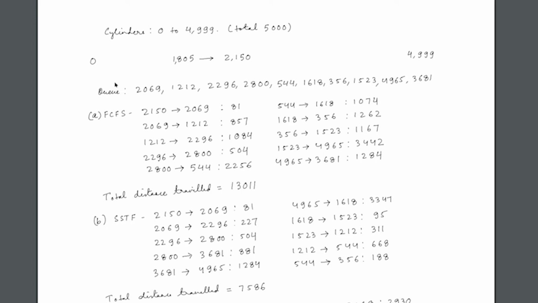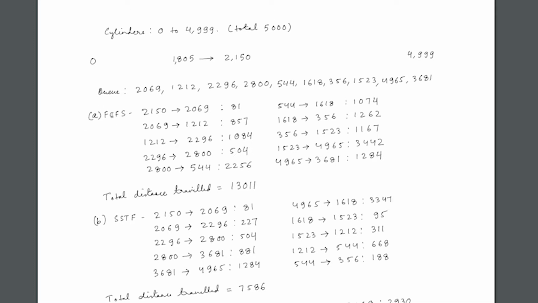And over here, you can look at the disk queue. The operating system has made requests for all of these cylinders in this order. They are in no particular order, as in increasing or decreasing. It just depends on what the operating system really wanted when it made these requests to the disk.